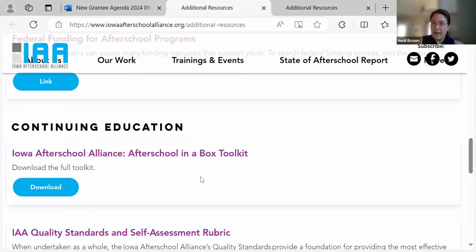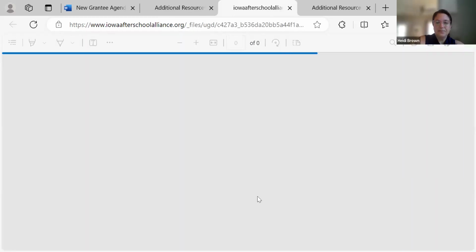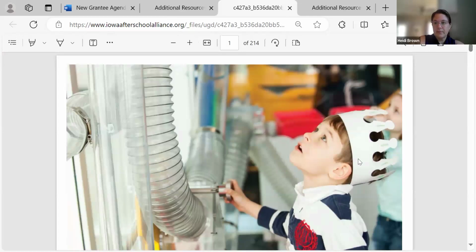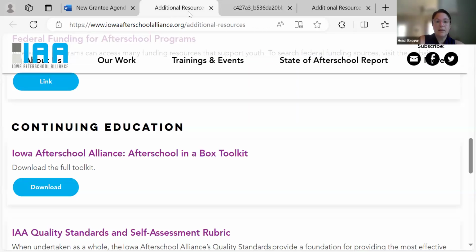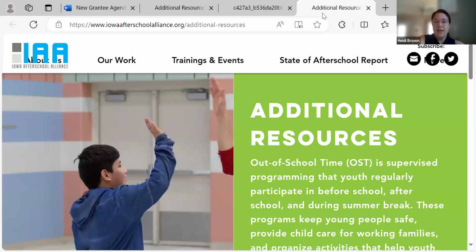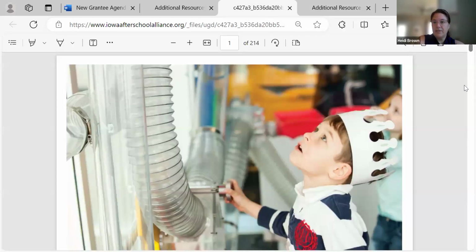But make sure that you have the Iowa After School Alliance webpage as well as the 21st Century webpage bookmarked on your computer, because there's tons and tons of good stuff on here. This is the full toolkit that I wanted to show you. And if you'll bear with me just a second, I'm going to toggle back here to our, oops, agenda. All right, and on page 43 of this toolkit,